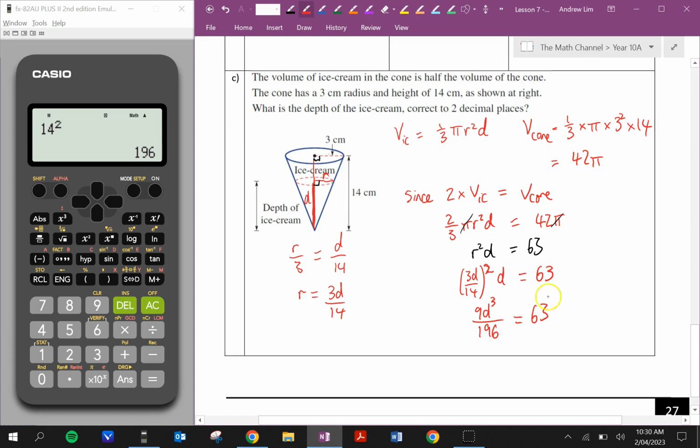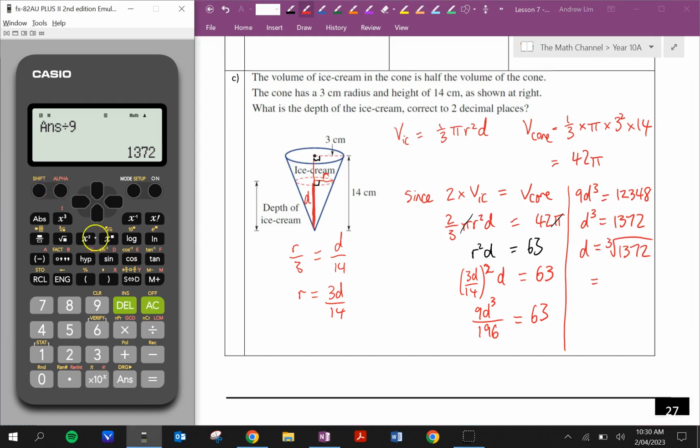And now we can solve for d. I'm going to multiply 63 by 196 to get rid of the fraction. That's 12348. So 9d cubed is equal to 12348. Divide both sides by 9, that's 1372. And now I can cube root it. So the cube root of that is 11.11